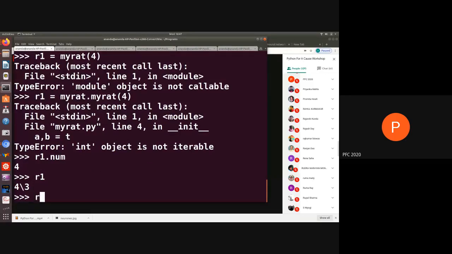I have the attribute denominator. Looking at help here so that I can see, it's just telling me